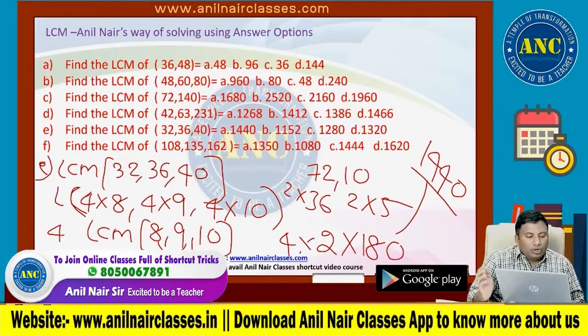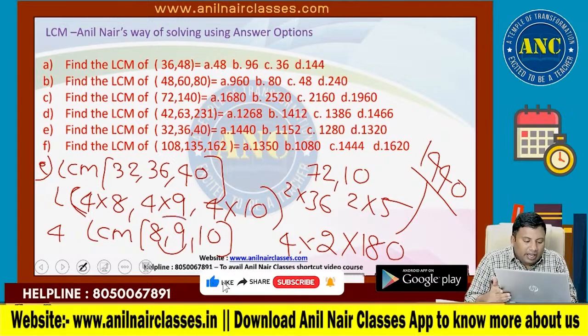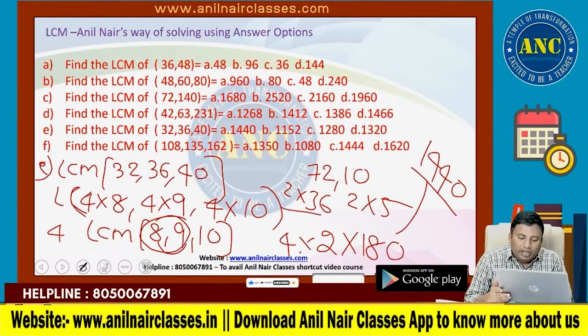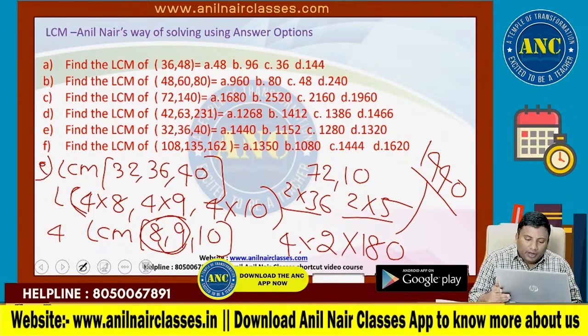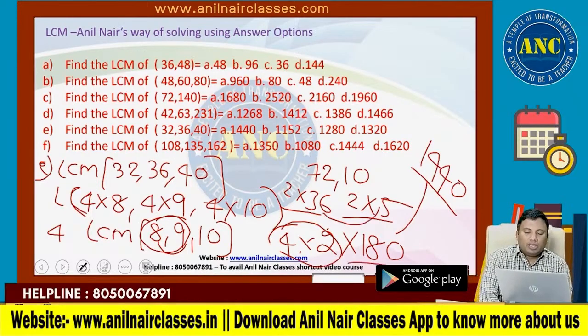4 into 8, 4 into 9, 4 into 10. 4 is taken out. 8, 9 and 10. 8 and 9 are consecutive, so the LCM is 72. 72 and 10: 2 into 36, 2 into 5. 2 is taken out, 4 2s are 8. 36 and 5 are co-primes. LCM of co-primes is their product, 180. 8 into 180 is 1440. I hope the idea